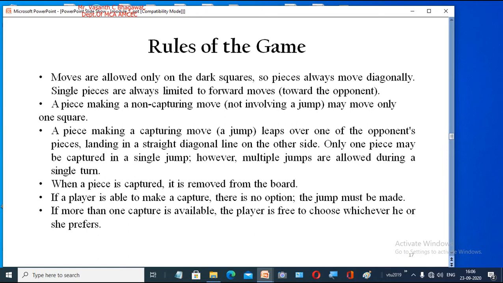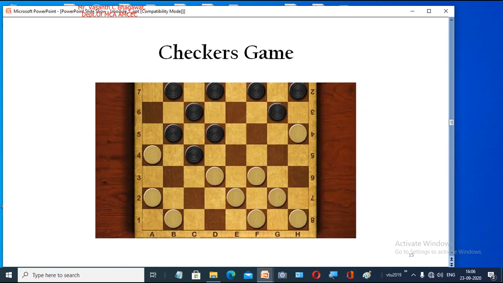Right? Only if space is available. Say for example, I don't think we have any option here where we can make a jump. Let us assume that this white pawn is not there and it is the play of black color. Now if this player wants to play, and assume that this pawn is not there,